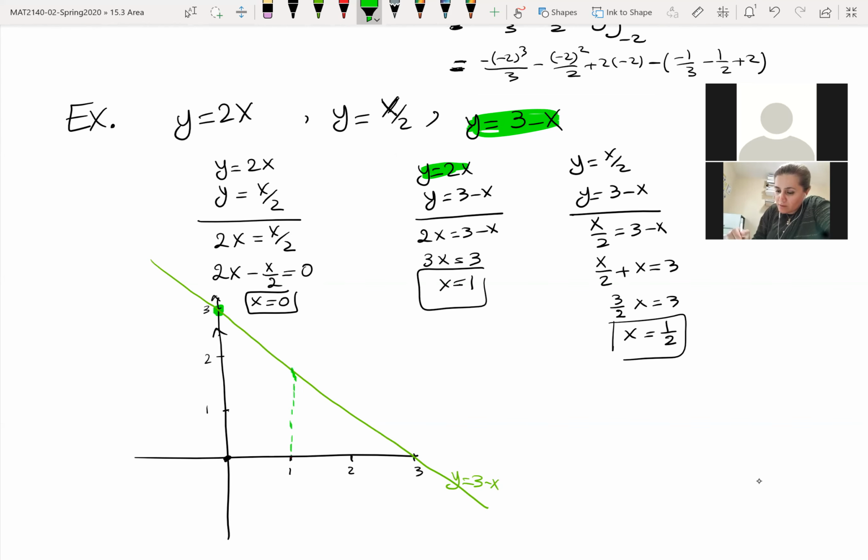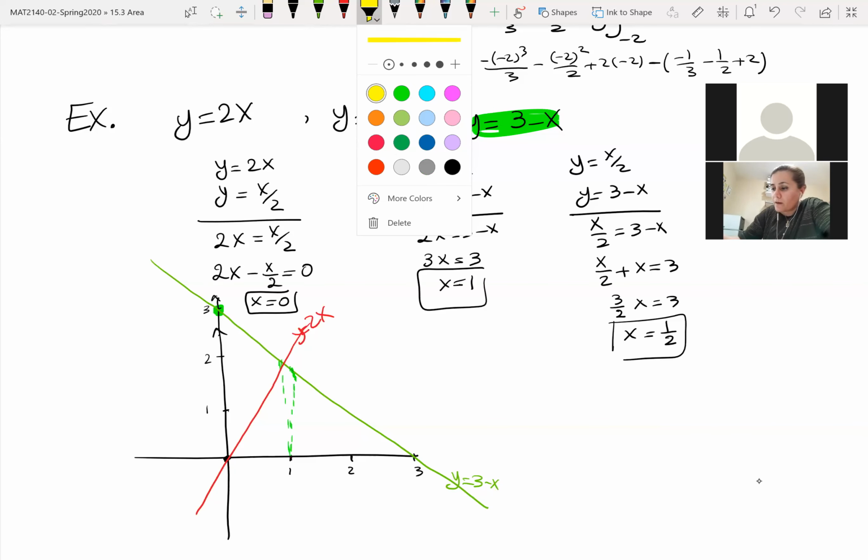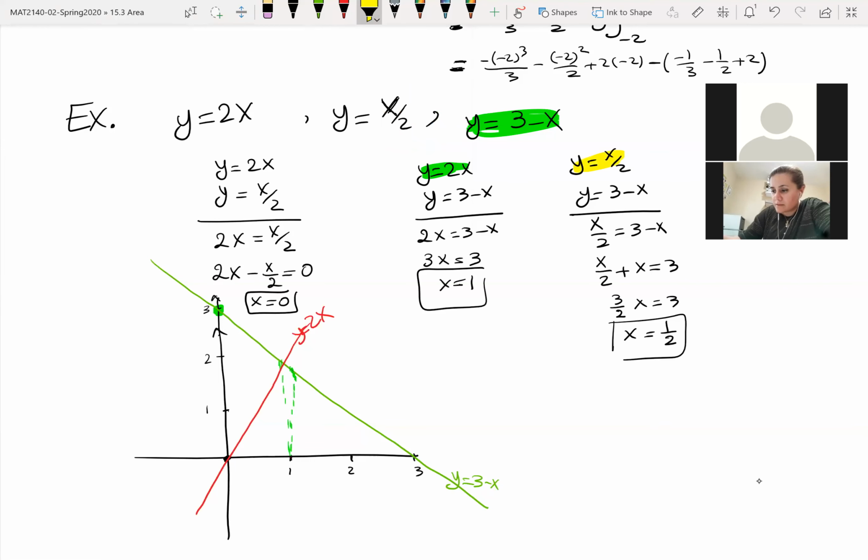So it has to be somewhere here, and that's almost a good unit for me. This is y equals 2x, and for the other one, which is this and this, the intersection is at half. So if this is the half,